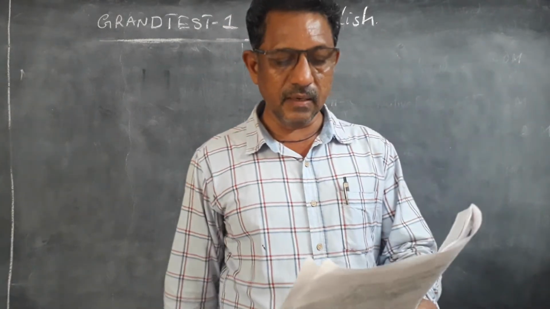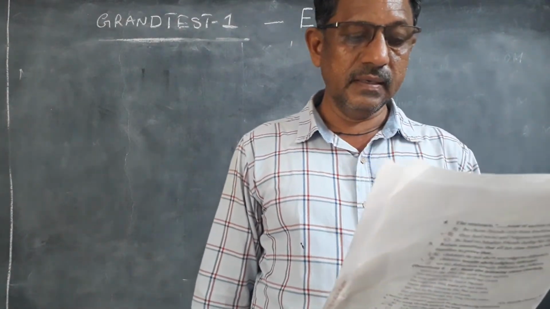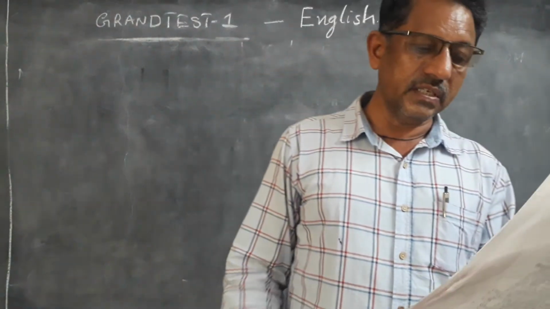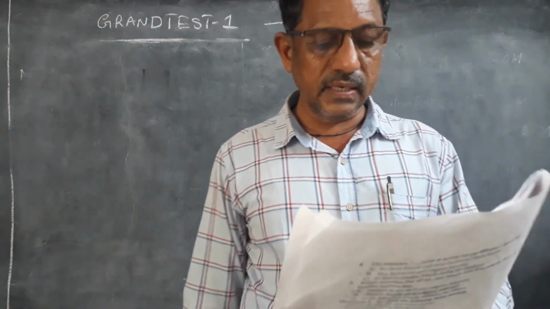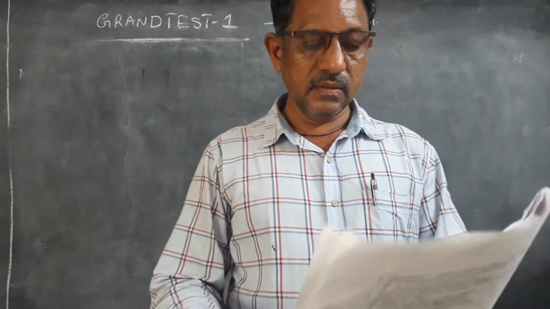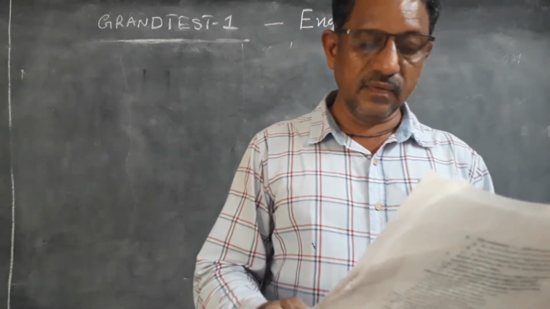15th question. Choose the true statement among the following. A. Section A has the most number of students. B. Section C has the least number of students. C. Section B has the most number of girls. So the answer is B. Section C has the least number of students.